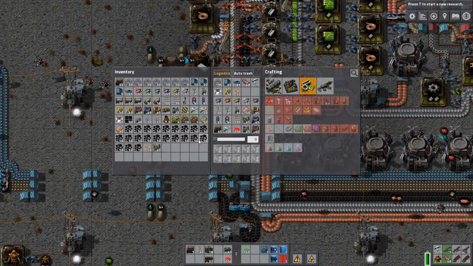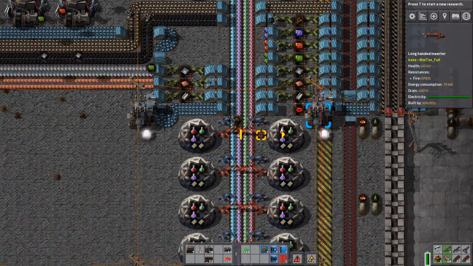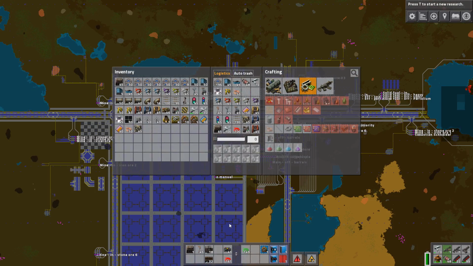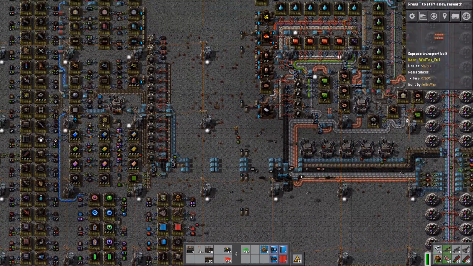Where to leave my coal? I don't know what to do with that. Let's put it into that chest. Grab that. So basically I wanted to build it right there, but maybe it would fit. But what we first should do then